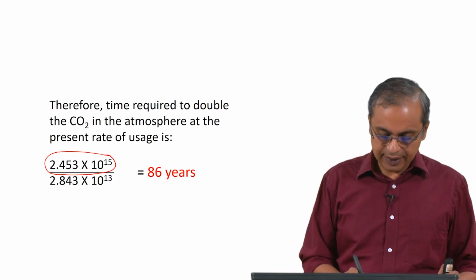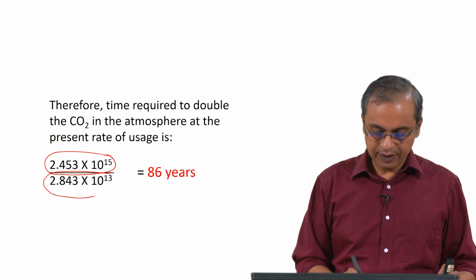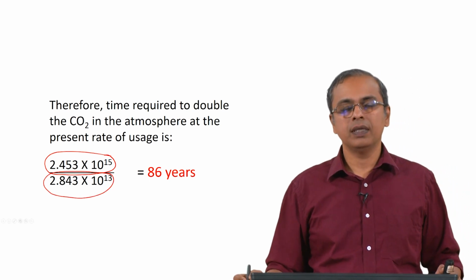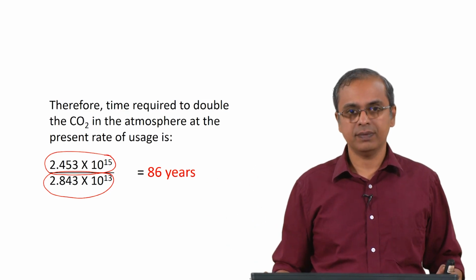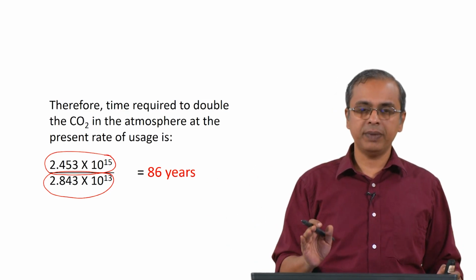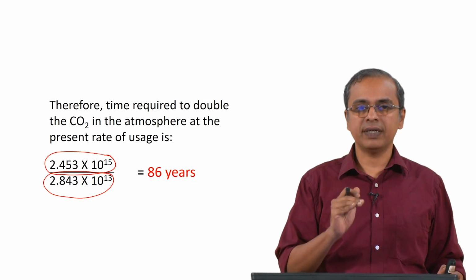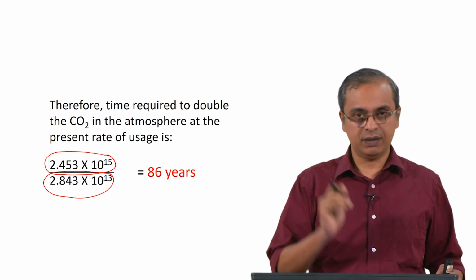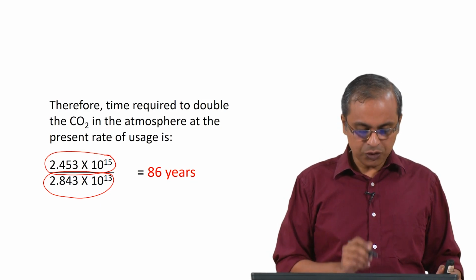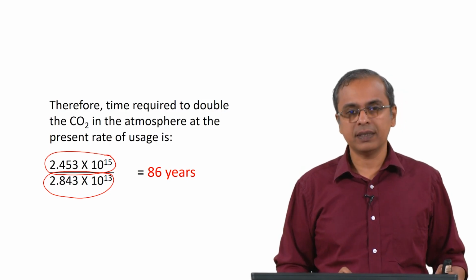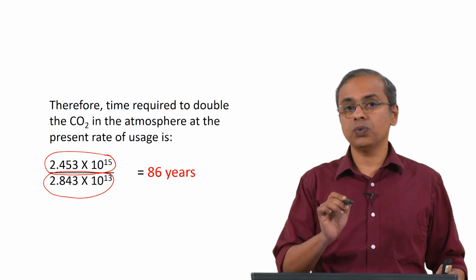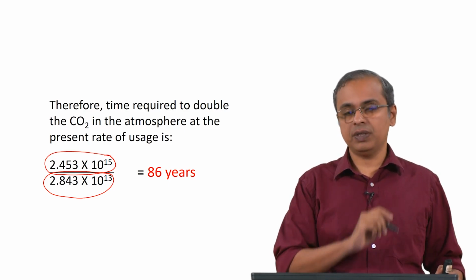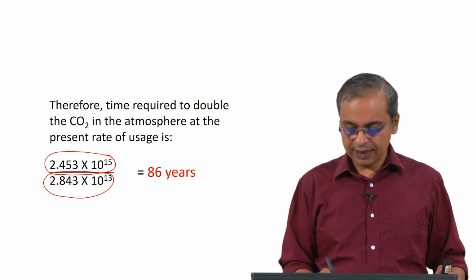The denominator is the rate at which we are releasing CO2 based on our annual energy requirement. Based on our annual energy requirement, this is the amount of CO2 we will release into the atmosphere every year. So, if you take the total amount of CO2 present in the atmosphere and divide it by this amount we release every year, we get a number of 86